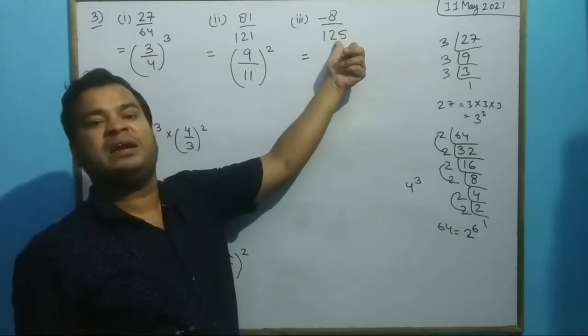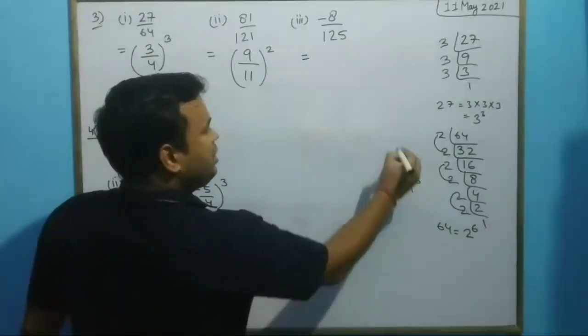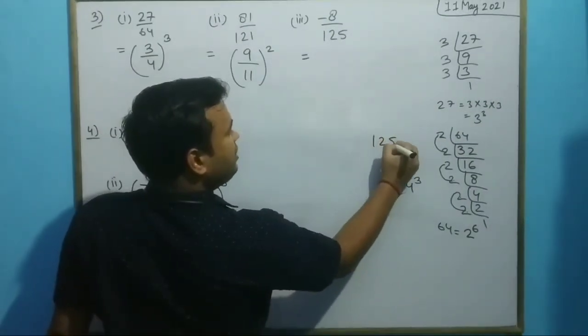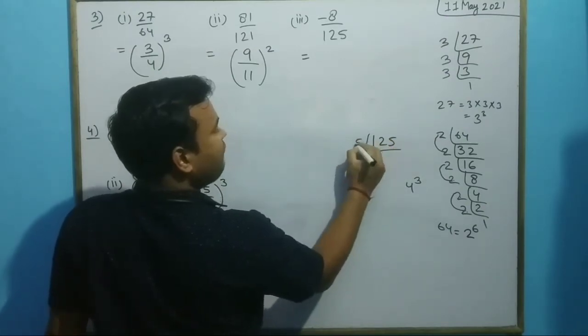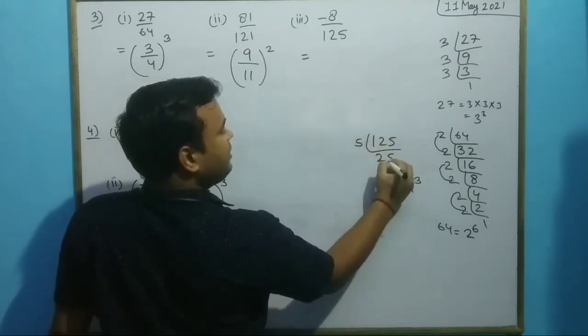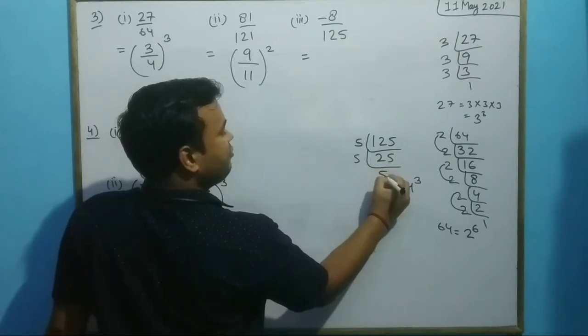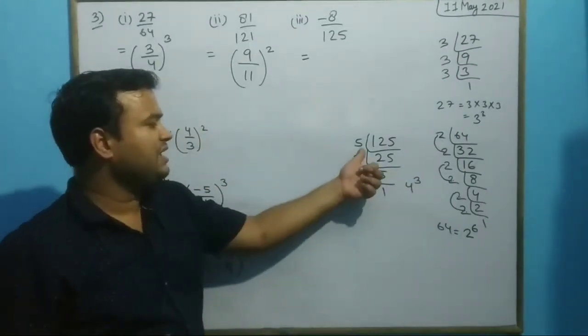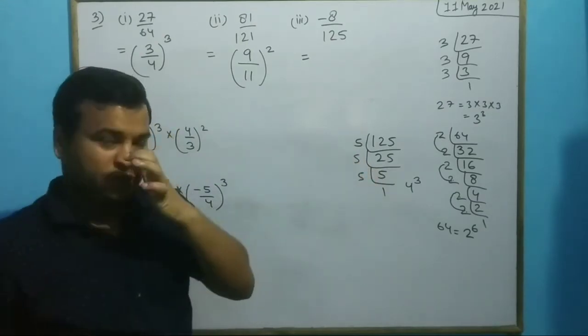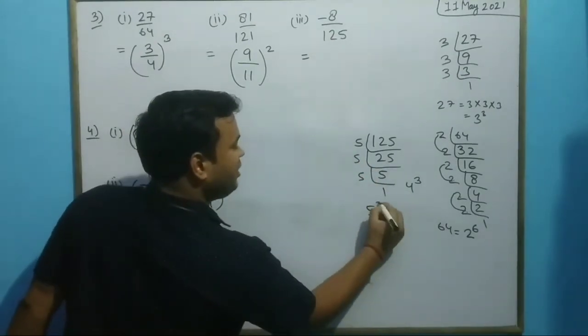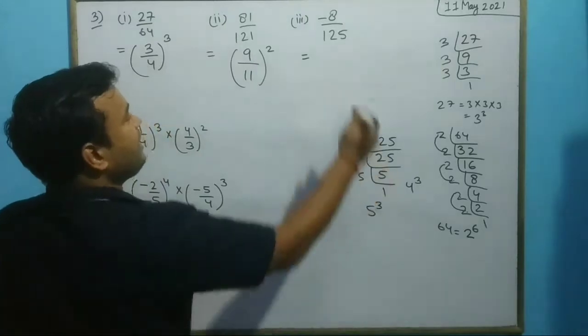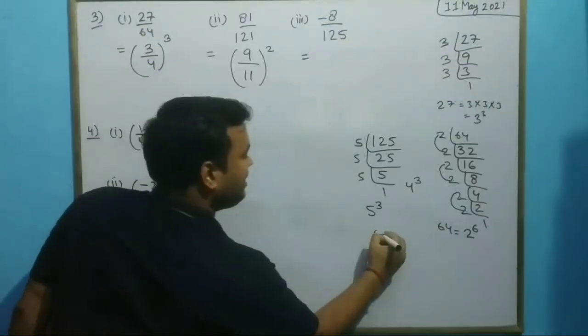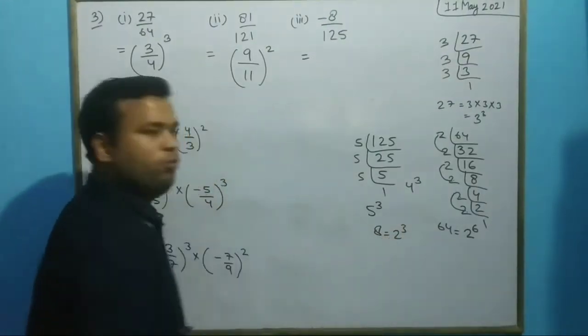It is 125. Okay. Now let us see the prime factorization of 125. Okay. Divided by 5. 5 to the 10 25. Okay. 5 5 is 25 and 5 1 is 5. Okay. So 125 can be written as cube of 5. Cube of 5 means 5 raised to the power 3. Okay. Again 8. 8 can be written as 2 the power cube.